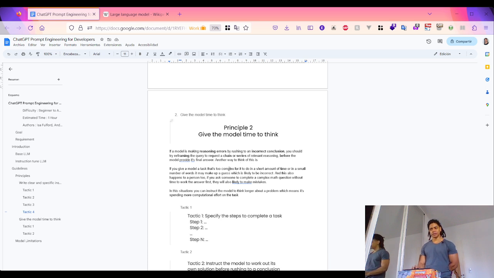Another way to think of this is if you give a model a task that is too complex,